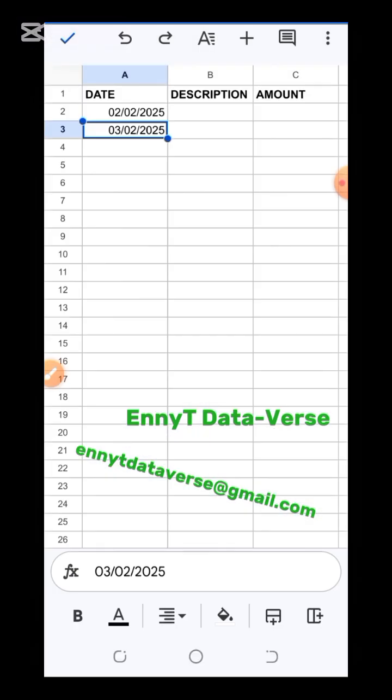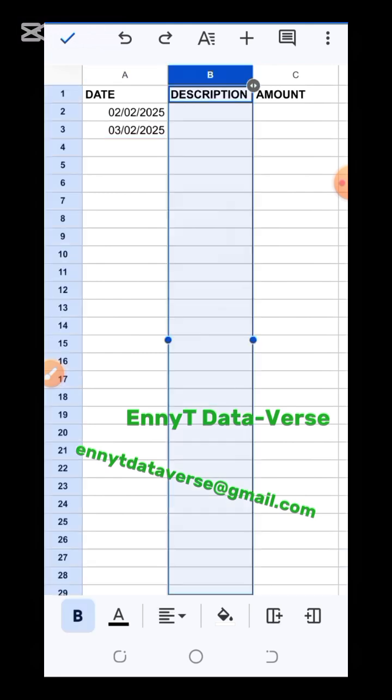So it's going to continue to be uniform like that. All right, then the next thing is our description column. We don't have much to do except to widen the column. You can see that this space is so small, and description is something that we will need to enter a